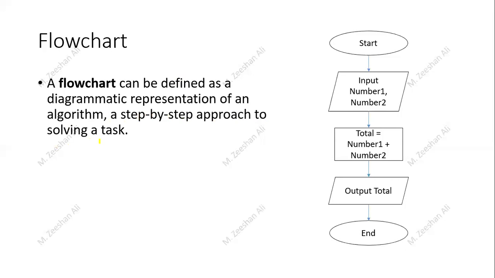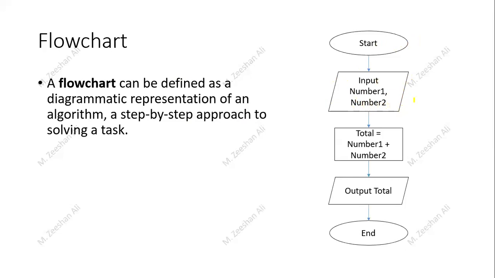As we have seen in the previous slide, let's see what is happening here. We have the same problem. We have to take two integers and add them. We are starting our algorithm from this point. But as you see, the command is written in one specific type of diagram, a symbol. We have an oval here, and then we are taking input number one and number two. But as you see, we have a different symbol here. We were using an oval to show the start, the beginning of the flowchart, and we are using a parallelogram to show